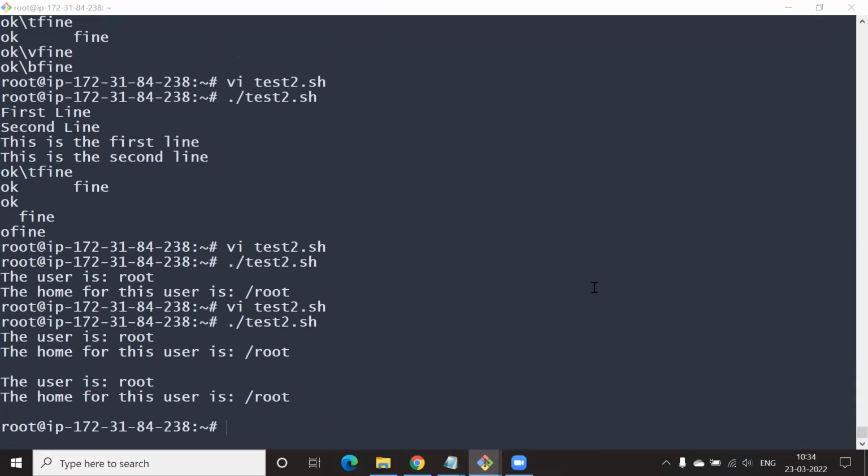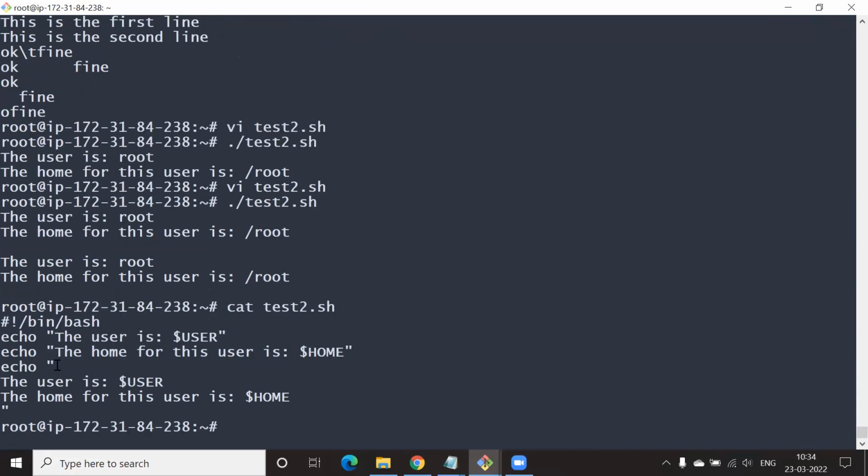Cat the file. We are passing this multi-line. Good answer. In other words, the first line is printing an empty line on top of the user is, and also it's printing a line after the line, the home for this user is, the second occurrence of it.